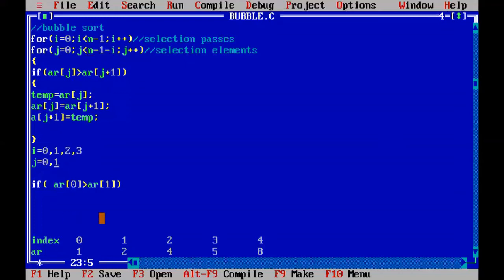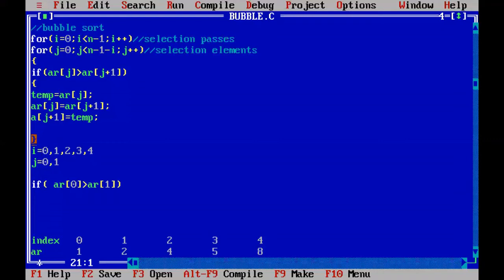By this time all the passes are completed. Then we go back to the outer loop, and the outer loop is incremented from 3 to 4. That means here you check n minus 1, which is 4, and the i variable is also 4. 4 less than 4, the condition is false. The outer loop is also terminated, so the controller will come out of the loop.